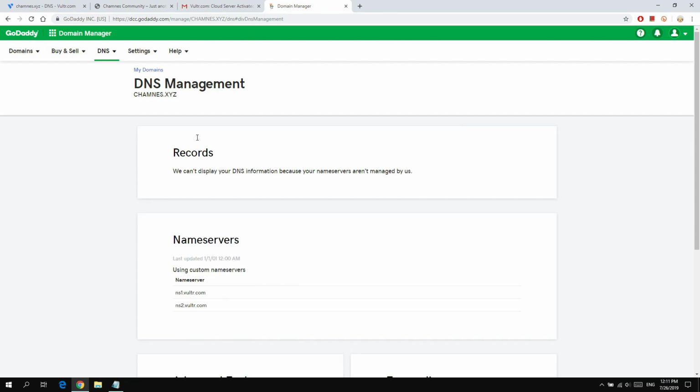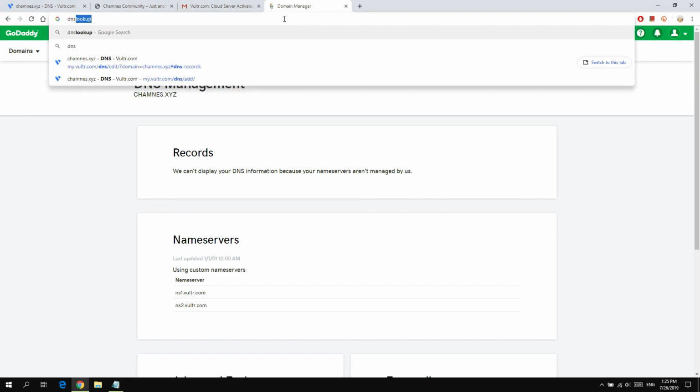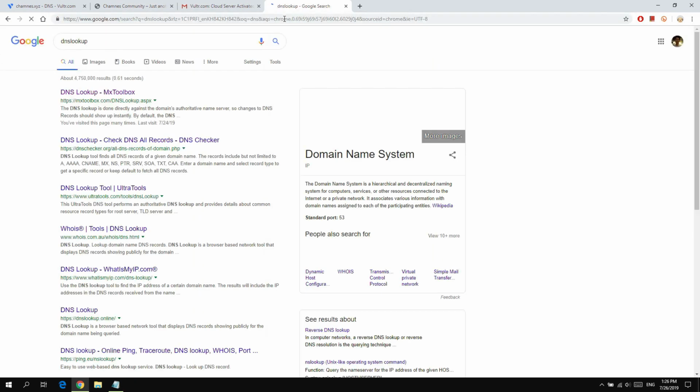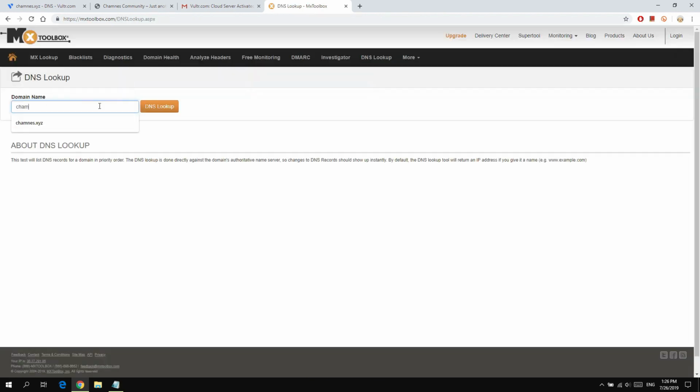You can use DNS lookup to check the current settings of your domain name. In the address bar of the Chrome browser, I type DNS lookup, then hit enter to search for the tools. Here it is listed on the top of the search engine. I click on the link to view the website. In the domain input field, I input jomnest.advice, then click on the DNS lookup button to check the DNS settings